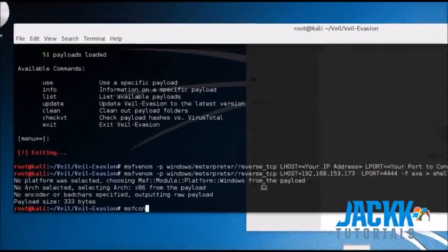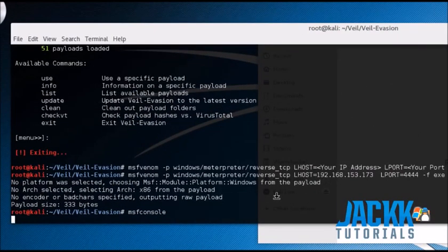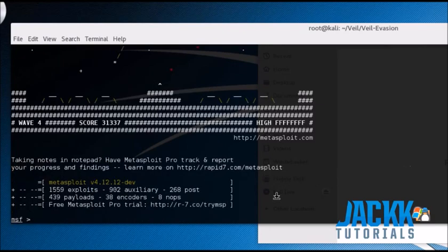reverse connection back. So let's go ahead and type in MSF console, and then we're going to send the payload to the Windows 10 machine and run it. So once Metasploit's open, you want to type in use exploit/multi/handler,